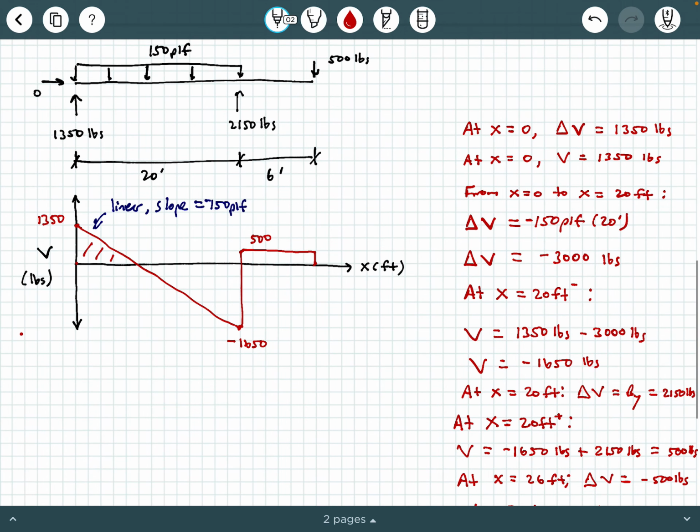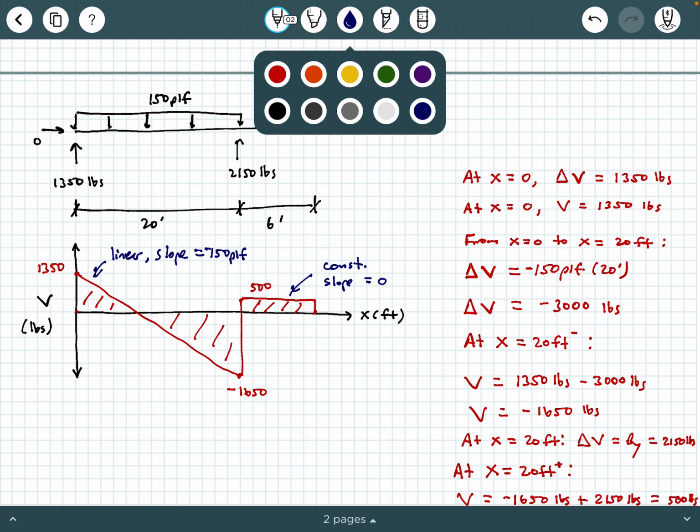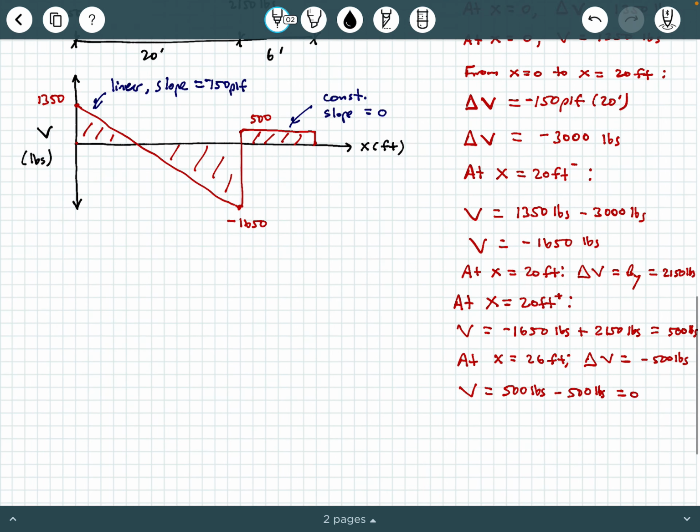And from here we have this shear force diagram, okay? So the first part of the diagram is linear with a slope that's equal to this distributed load, negative 150 PLF. And then in the second part of the diagram here, the diagram is constant and the slope is 0. All right, so that's our shear force diagram. What about the bending moment diagram? Well, I'm going to scroll down a little bit and I'm going to stack my bending moment diagram beneath my shear force diagram. All right, so re-sketching some set of axes here,